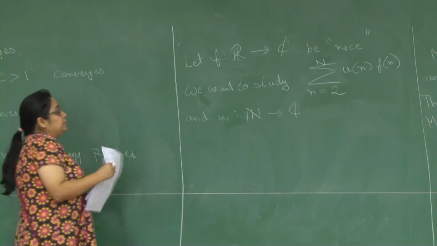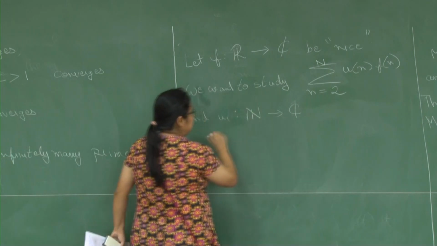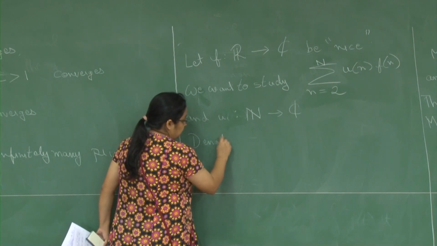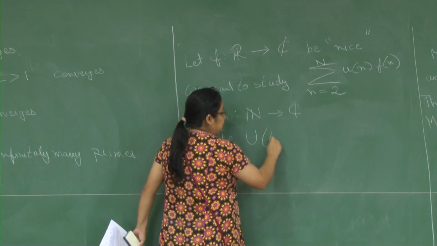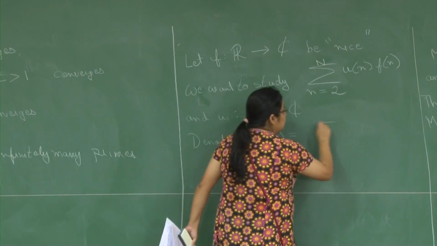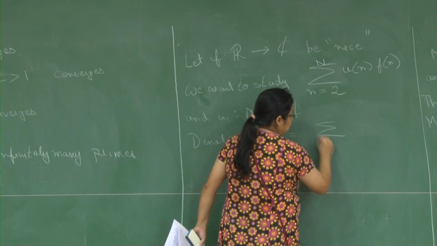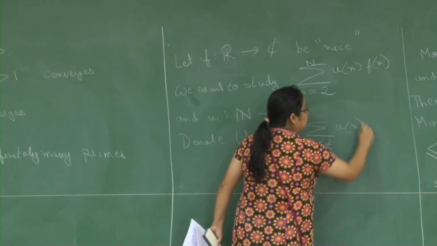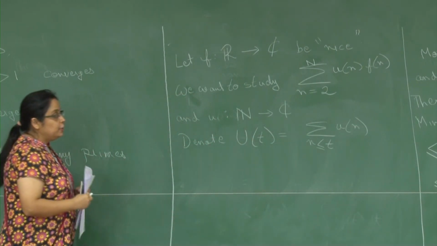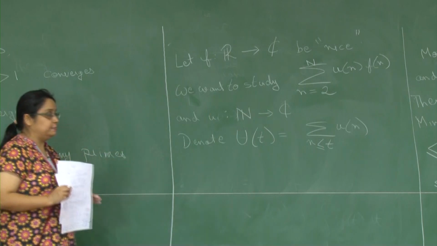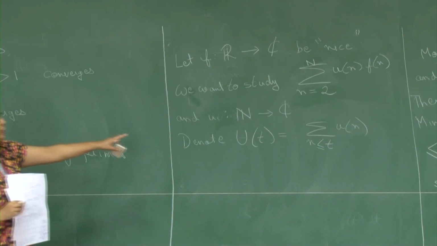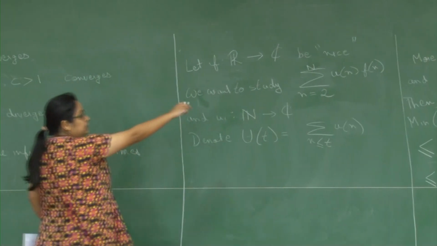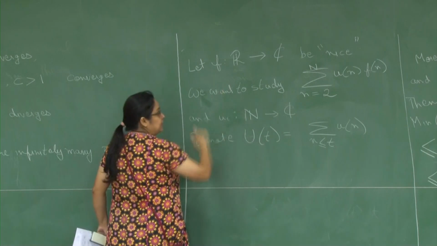Now, what we do is we denote capital U of t to be equal to the summation over n less than or equal to t of little u of n. So, partial sums of little u of n for all those n's which are bounded above by some number t. So, this is basically your partial sums U of t,